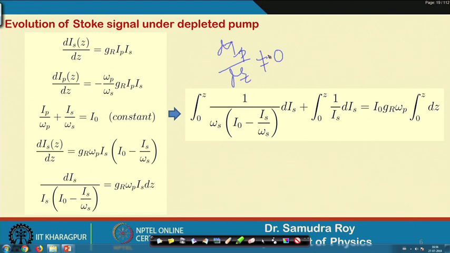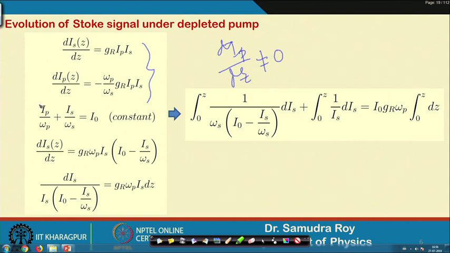If this quantity is not equal to 0, then that means I need to solve both the equations simultaneously, and I need to decouple these equations and then try to solve. Again, this is not a very tough task to decouple these two equations, because we have an additional equation in our hand, and we will use this additional equation to solve this. What was the additional equation?